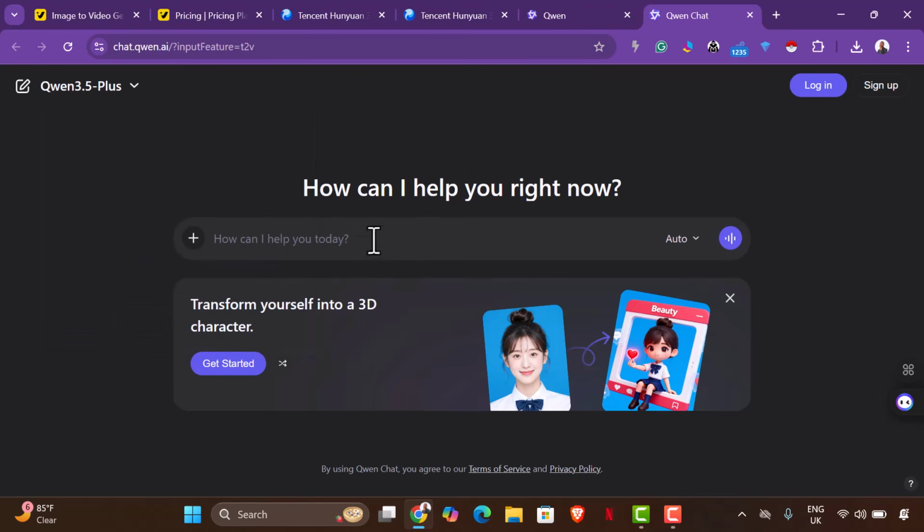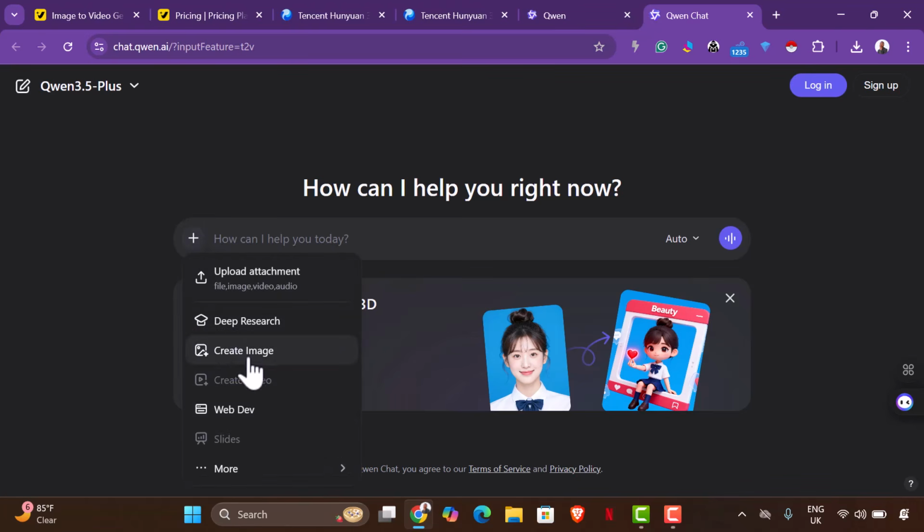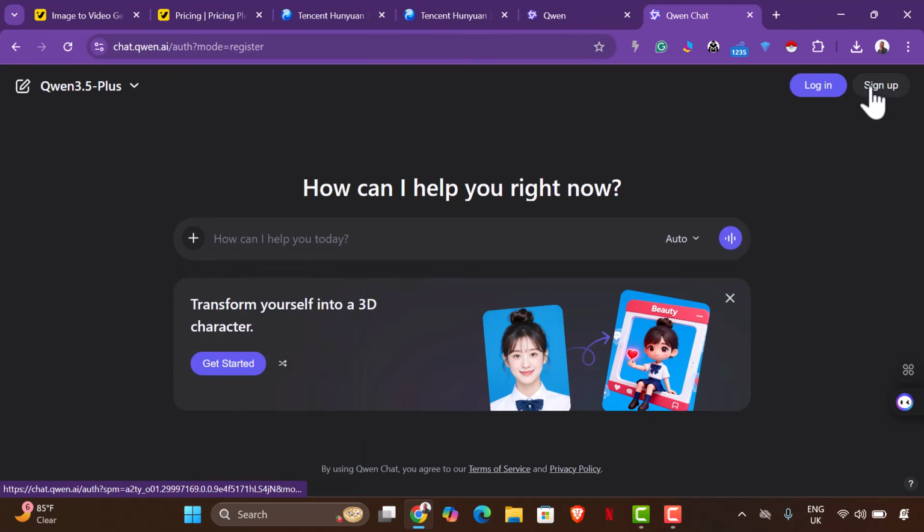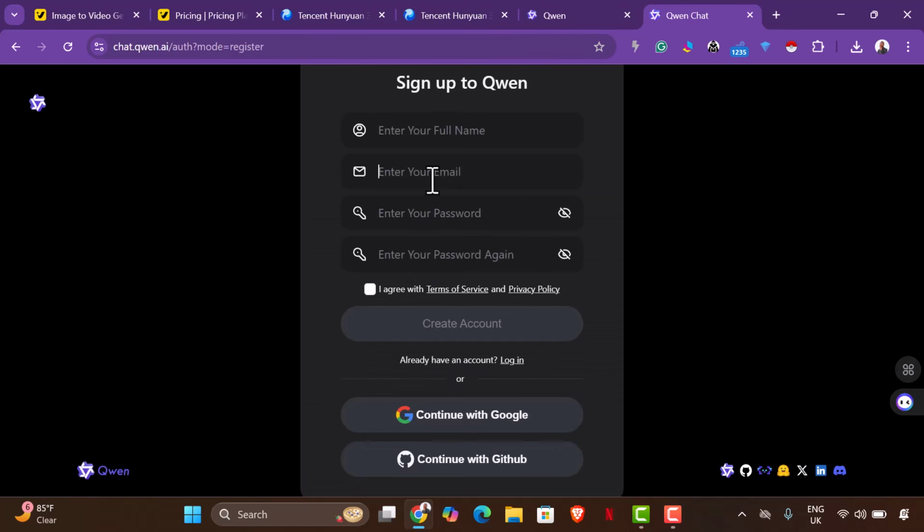So what you want to do now is transform yourself into a 3D character. You could do any of that, by the way, and you could actually create image, you create video. So the create video is not supported in guest mode. All you have to do is to try to log in or sign up. So when you try to sign up, you see try to sign up with email. So come to this website,